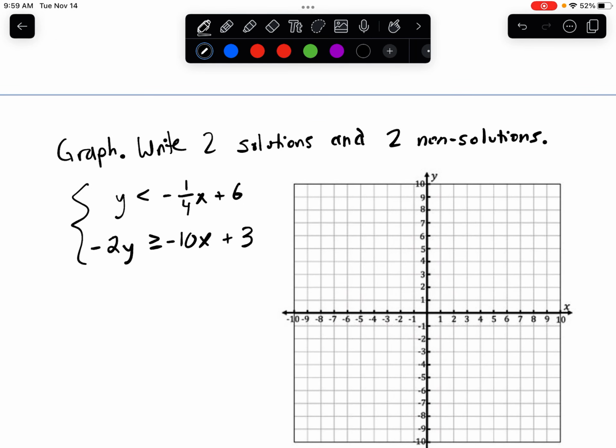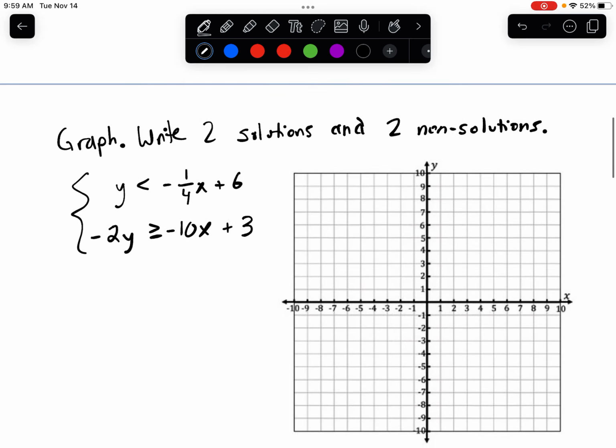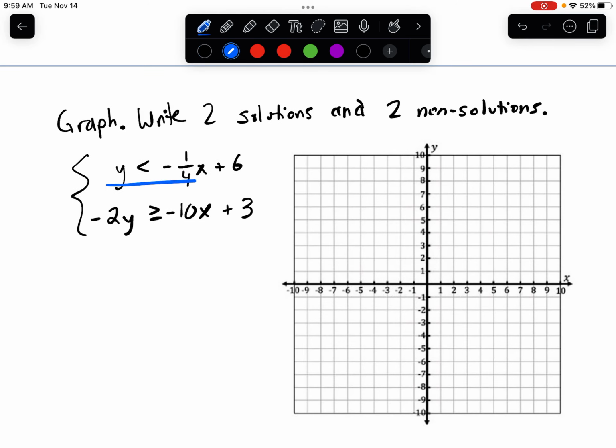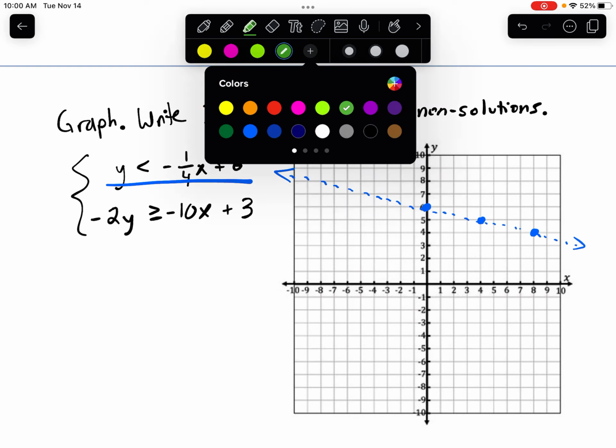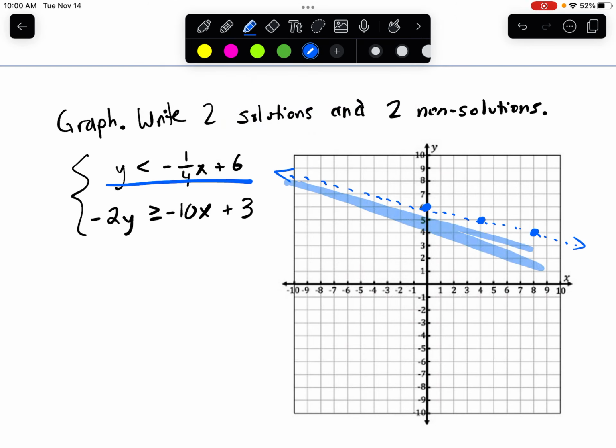Here we're going to graph these inequalities, and then we're going to write 2 solutions and 2 non-solutions. So if I look at my first graph, we're going to do this one in blue here. We start at the y-intercept of 6, and my slope is negative 1/4. So I go down 1 and right 4, down 1 and right 4. And it is less than, so we are going to connect these using a dotted line. All right, here we go. So this is the graph here, and then I'm going to go ahead and shade below. All right, we're looking to shade below. Let me grab the blue color here. There we go. So I'm going to shade everything blue